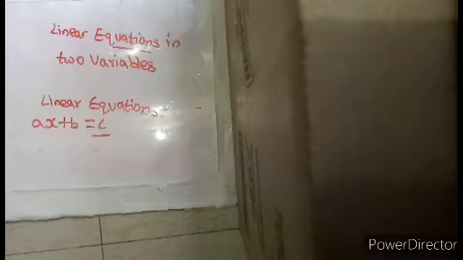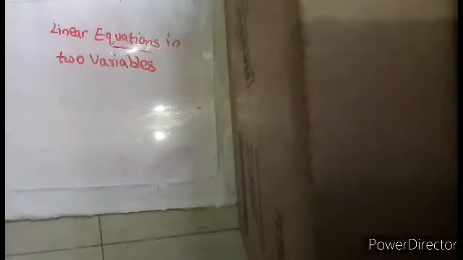The second type is known as quadratic equations, which are of a higher level. We will learn how to crack these quadratic equations in the coming classes. Then there is the cubic one, and like this there are different types: quadratic, cubic, and then biquadratic. For now, let's look at a linear equation in one variable.